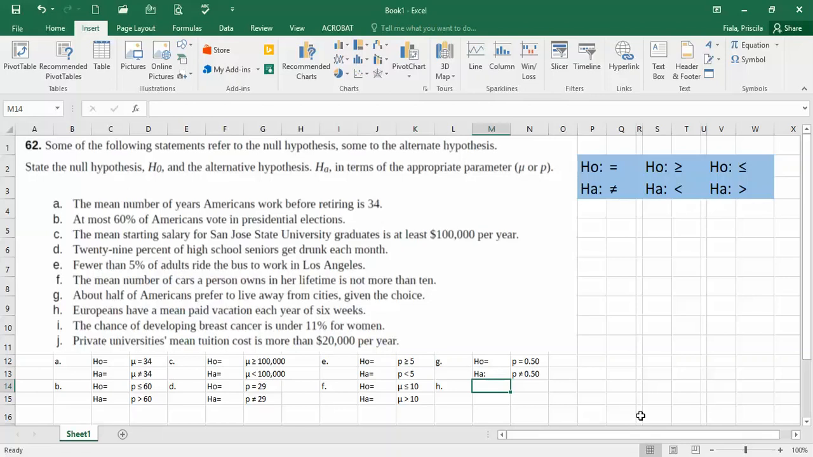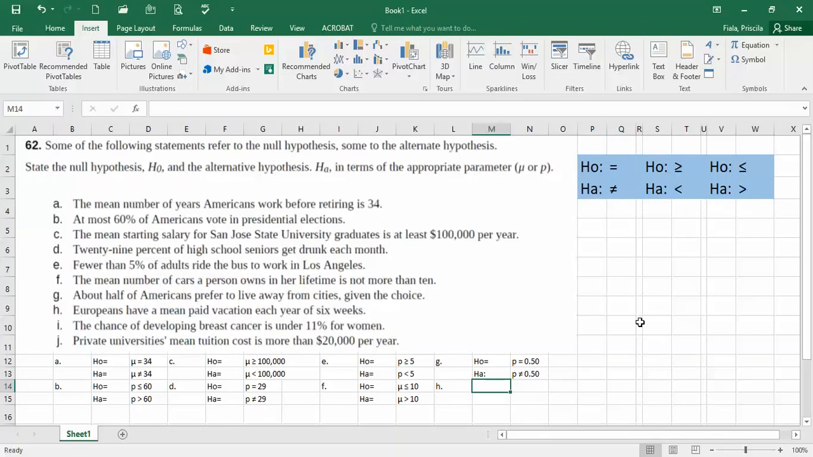Europeans have a mean paid vacation each year of 6 weeks. Well, mean right there is telling you you're working with a single mean, and it's telling you they have a paid vacation each year of 6 weeks. It's telling you it's not less, not more. They're telling you it's 6. Therefore, if it's equal to 6 for the null hypothesis, then you're going to have different than 6